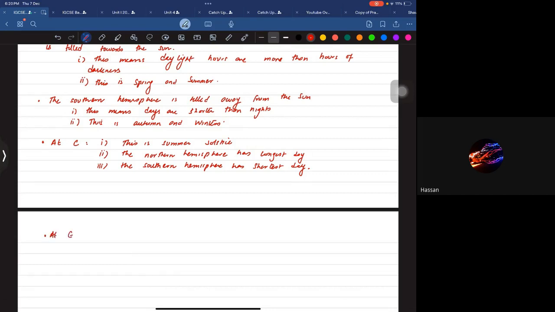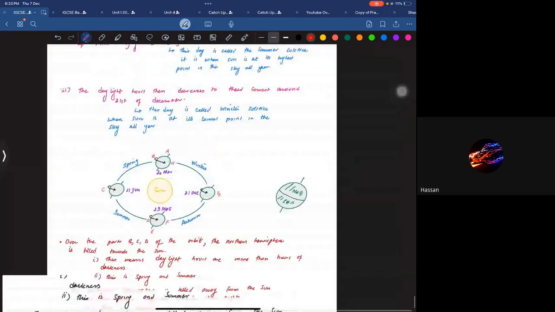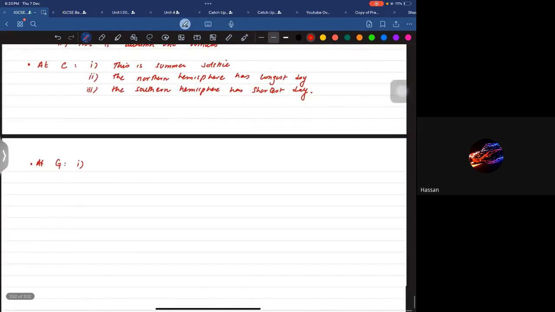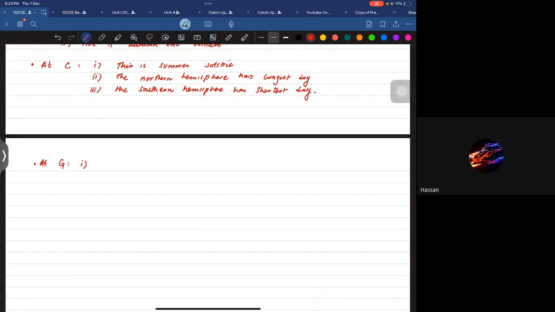Then at G, what is happening? Let's look at that. G is right here. 21st December. So on 21st December, this is winter solstice. Northern hemisphere has the longest day,